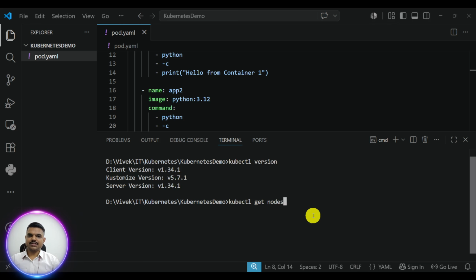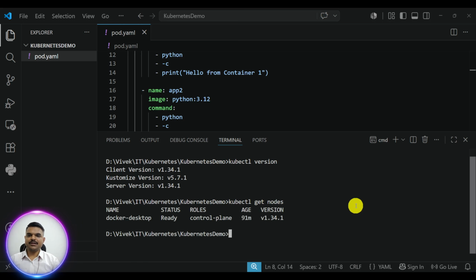So we will see now how many nodes are running in Kubernetes. Okay, I will hit enter. Docker Desktop is running right now. So this is the code which is running right now. Now I will run one most important command,